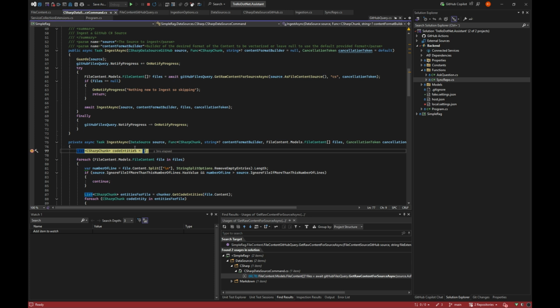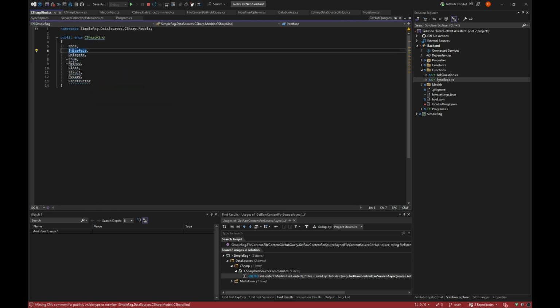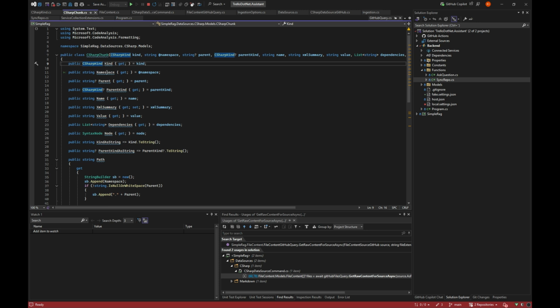So what we want to do is take all that content and turn it into what is called C# chunks. And a C# chunk is something that has a kind. So it could be an interface, a delegate, an enum, a method, a class, struct, a record, or constructor. We need to find what the namespace is, what the parent is. So if it's a method, what is the parent class? And is it a method on a class or is it a method on a record, for example? Then the name of the method, class, enum, whatever we have, the various XML summaries, the value, meaning the